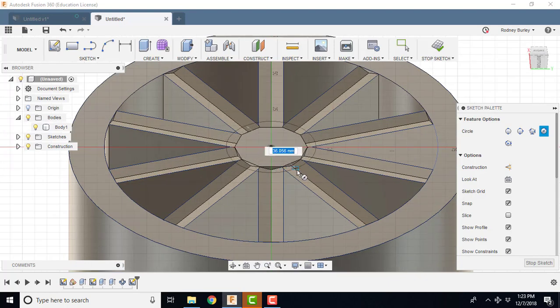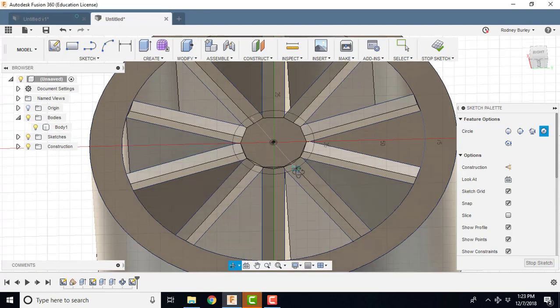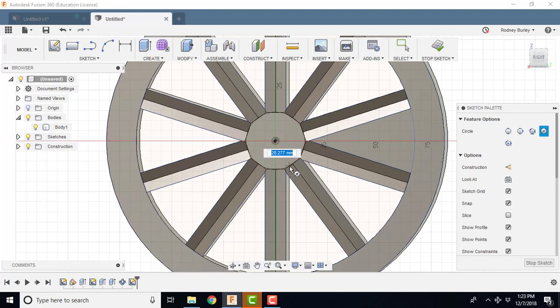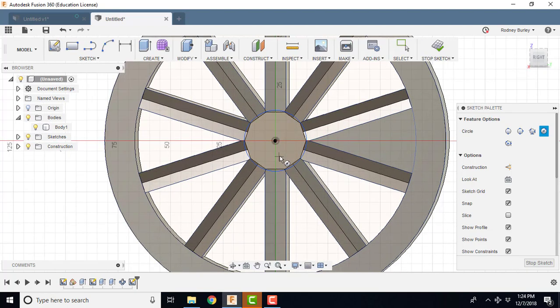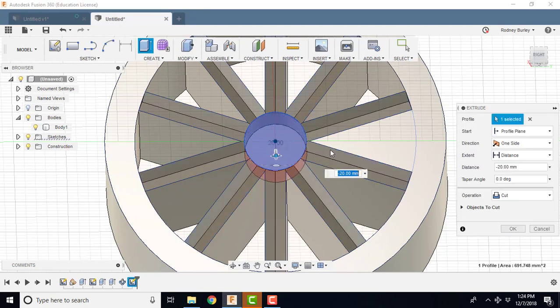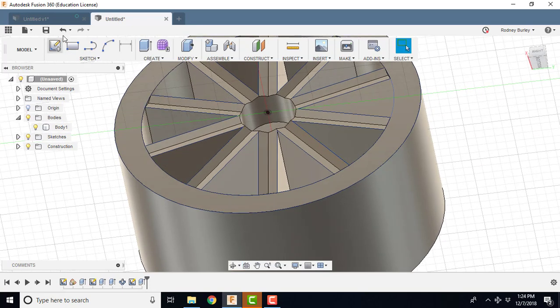So I'm going to bring it out to somewhere like, I guess something like this. Let me look at the spokes. I don't want to go too far and cut my spoke off. So something maybe like that. And then I'm going to right click, press pull, and take that guy and cut him down in. And I'm going to click OK. And maybe a bit too deep, but